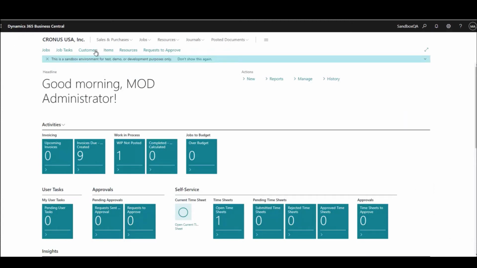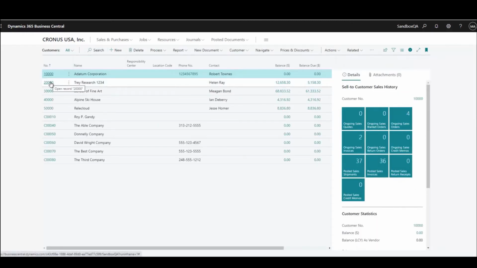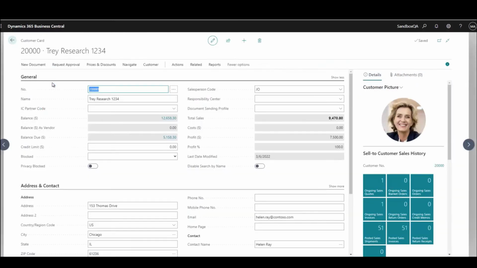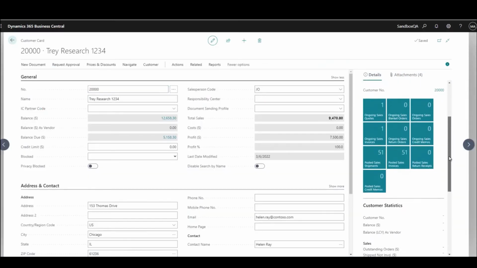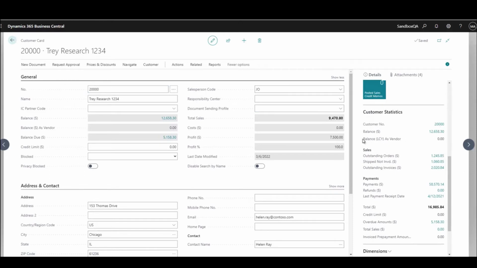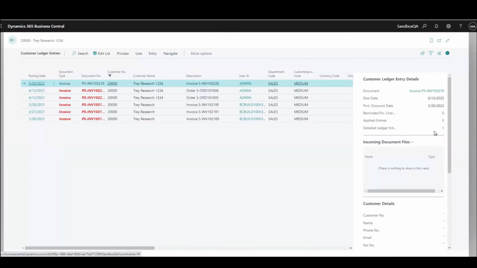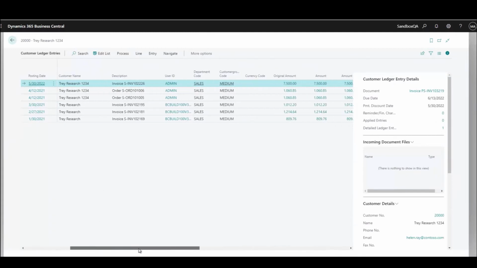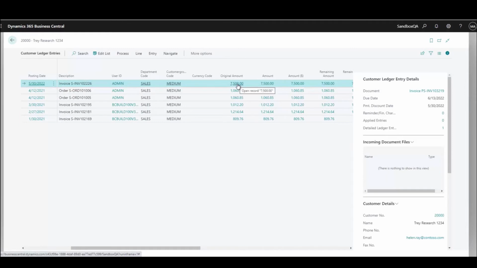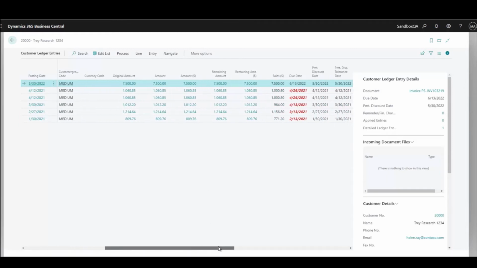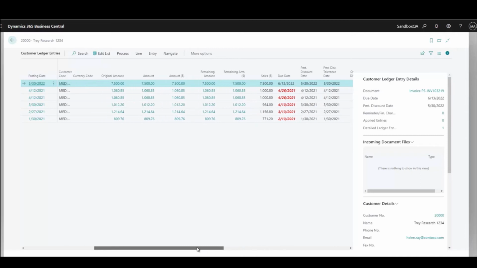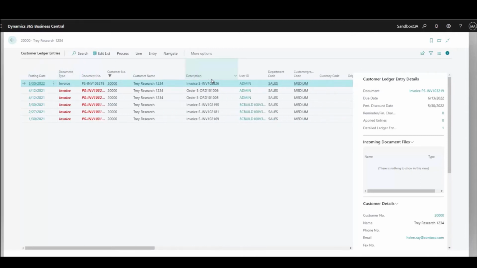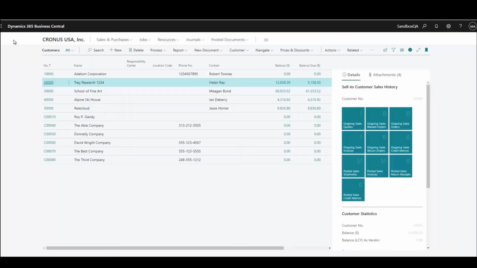And what I want to do is I want to look at customer 20,000, which is actually Trey Research. And for Trey Research, if we drop down to the area here where we have balances, they have a $12,000 balance. You'll see this on 5/30, which was the posting date that I used for this. We have the $7,500 charge. So this invoice actually already appears in the customer ledger entries, and it's in the customer's receivables, but we haven't recognized it on the job itself. So if we go back to our job area here,